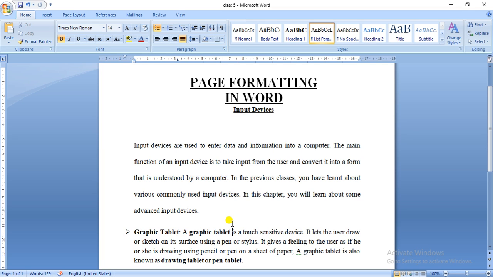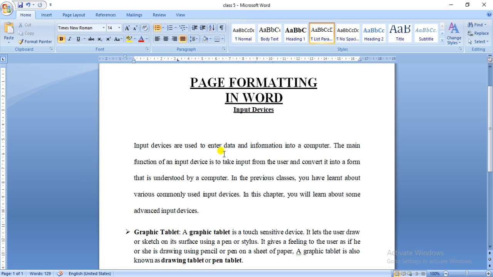Next, coming to setting page margins. Now you must have noticed the white space around 4 sides of a book. There are 4 margins. Margin is the amount of empty space between the edge of the page and the text. A page has a top, bottom, left and right margins. In MS Word, the default setting of all the 4 margins is 1 inch each.